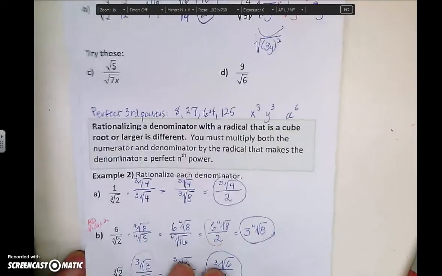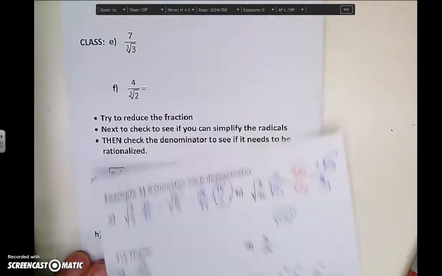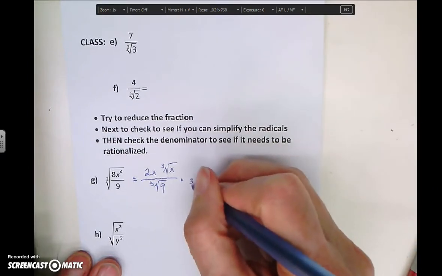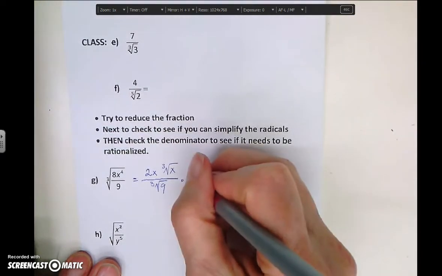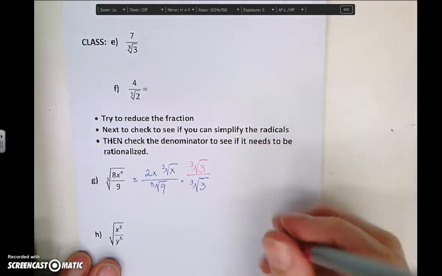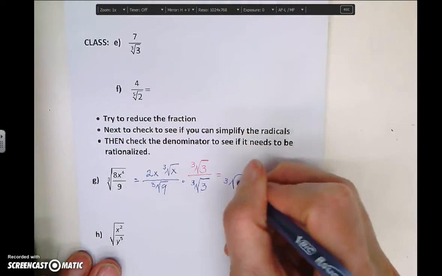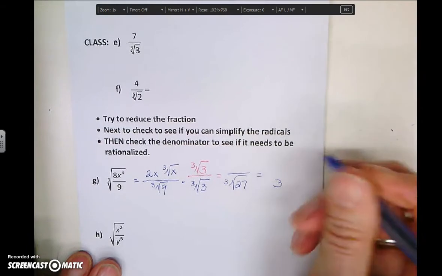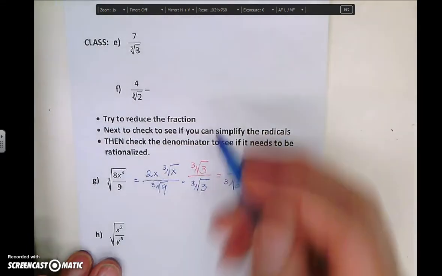So when we talk about perfect third powers, I can change that 9. One of them is going to be 27. So I'd like to change that 9 into 27. So I'm going to multiply it by the cube root of 3. Whatever I do with the denominator, I'll do the same thing with the numerator here. And I'll come up with the cube root of 27, which is 3. And then in the numerator, I have a 2x,